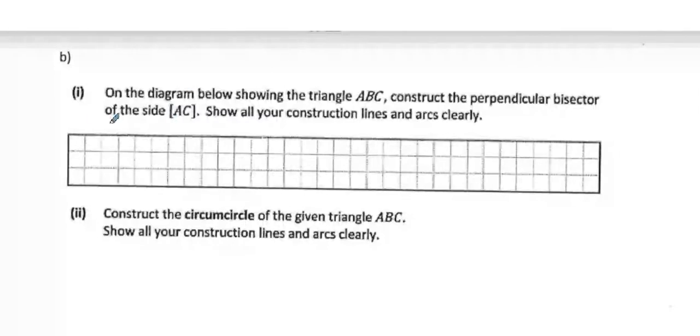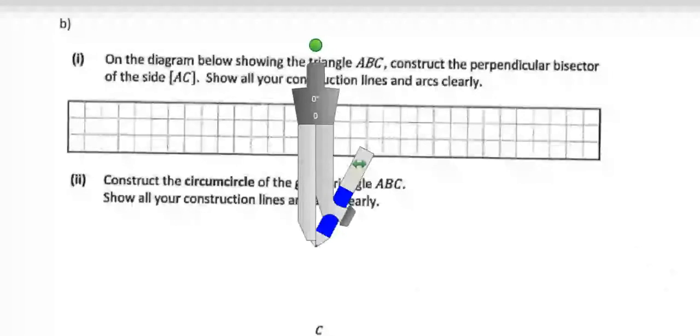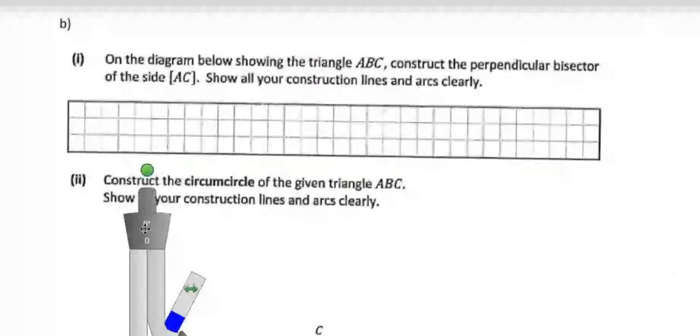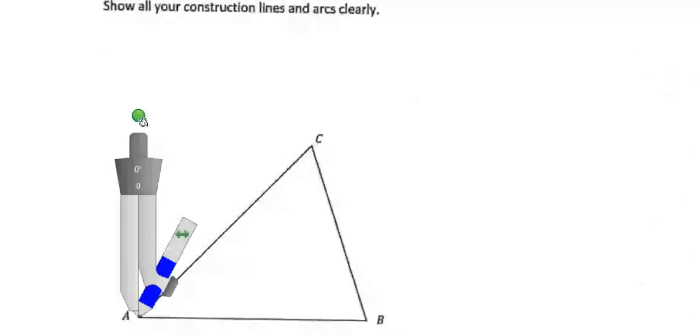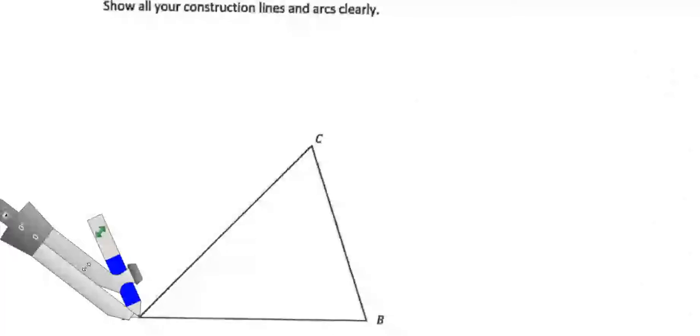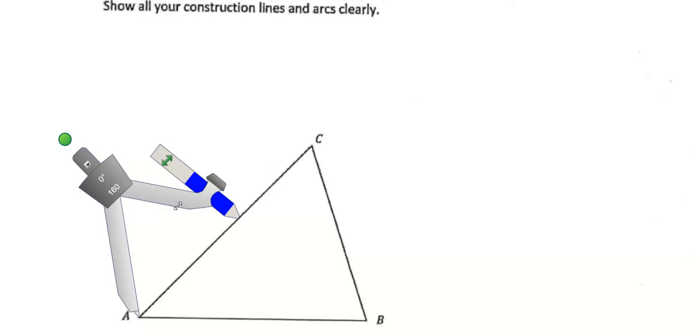Okay. Lads, construct a perpendicular bisector on AC. No bother. Okay, there's AC. Lads, so perpendicular bisector is the one where you cut it in half. Okay? And the constructions were some of the easiest marks on the test. Go over halfway. Any amount over halfway, lads. And